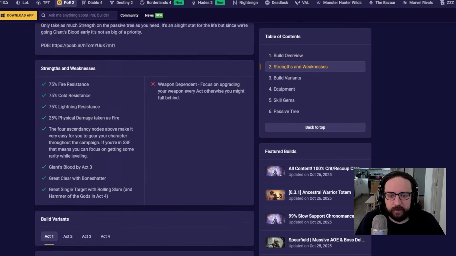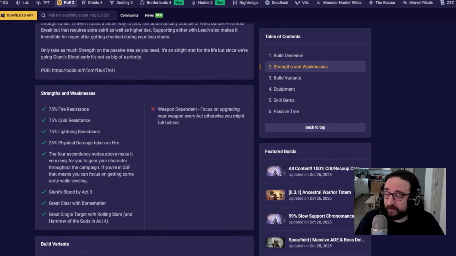So instead of reading through all this text, we can scroll down to the strengths and weaknesses of this build. As you can see, on the strength side, if you go Smith while you're leveling, you just get 75 all elemental res, as well as a bunch of physical damage taken as fire. It's incredibly handy if you're new to Path of Exile 2, new to the warrior class, and you just want to ignore all of the difficulty that comes with gearing a character, capping all your resistances, etc., and just focus